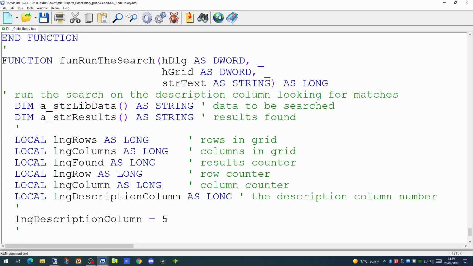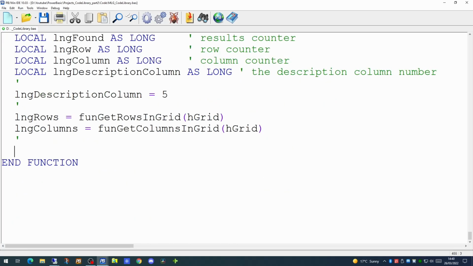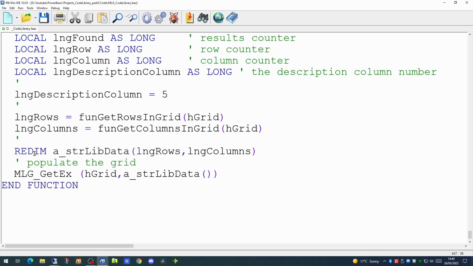Now that we have those set up, let's determine the number of rows in the grid and the number of columns in the grid using the functions within our MyLittleGrid library. Having determined the number of rows and columns, we can now redimension our library array. And we're going to use the MyLittleGrid getX subroutine to extract the data that's in the currently focused grid, which is the first tab, the first sheet, and we're going to populate that data into the strlibdata array.